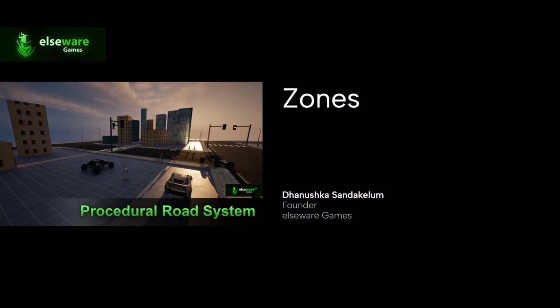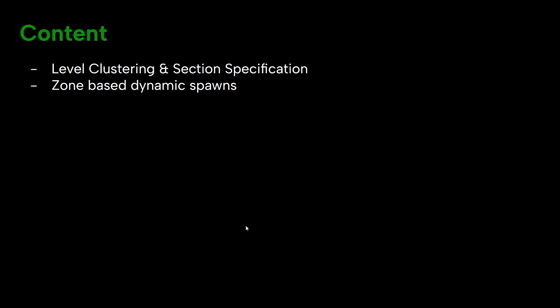Right. So in the next section, let's discuss zones in the procedural road system. Zones essentially do the level clustering and sector specification, right? Which means, like you may have seen in most open world games, the level has been clustered into some sections, maybe districts, maybe zones, maybe some specific places, something like that. So in the procedural road system also, we have given you the capability to specify zones in your level